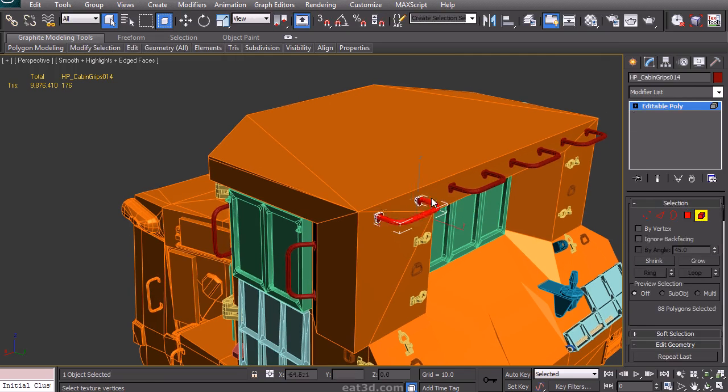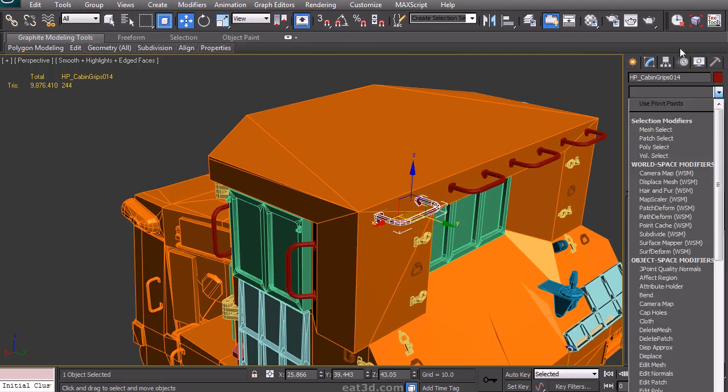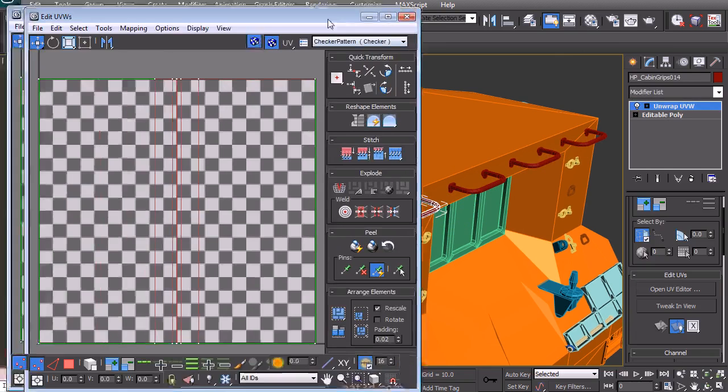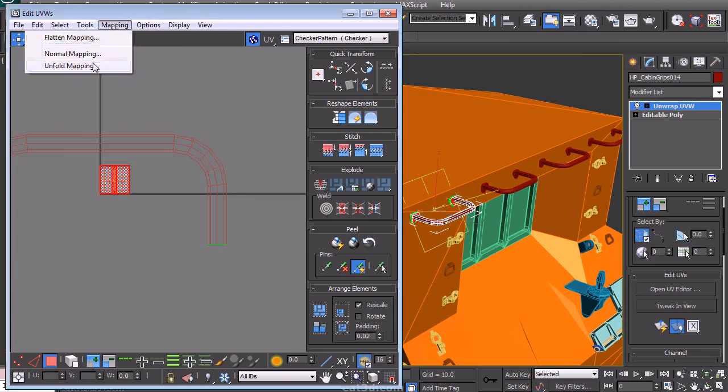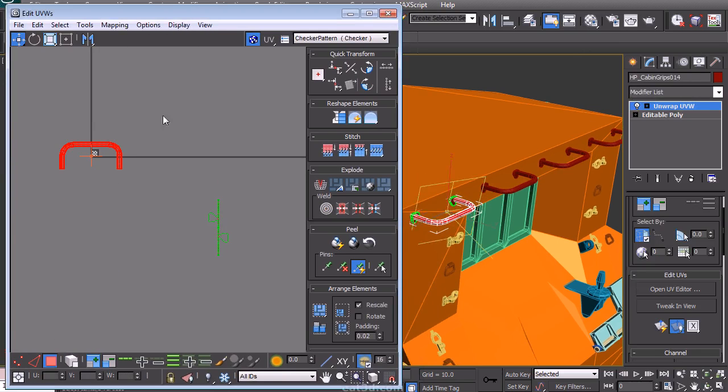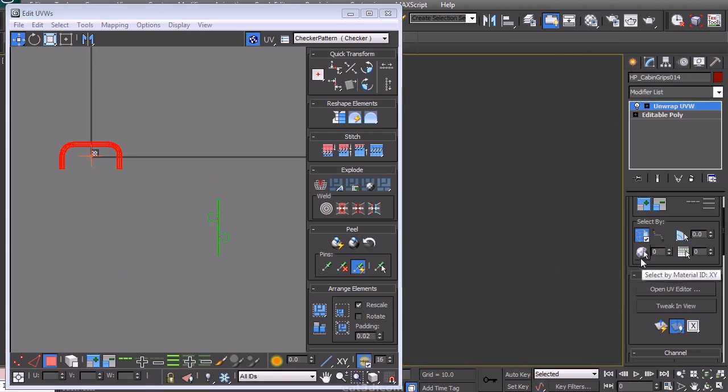So I'm just checking that all of the instances of those handles are working, and then these handles as well, gotta make sure they're instances. And this one I can't go back and adjust the spline because I've already collapsed it. So I'm going to have to use that unwrap